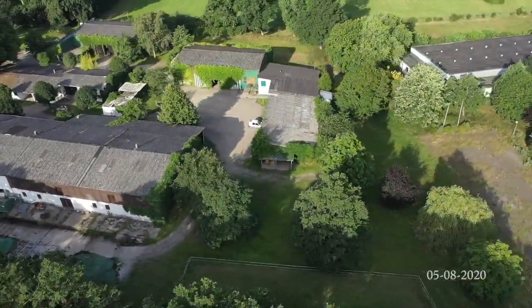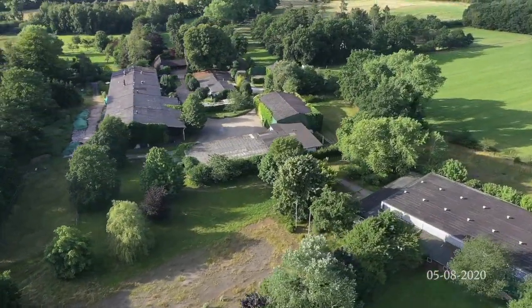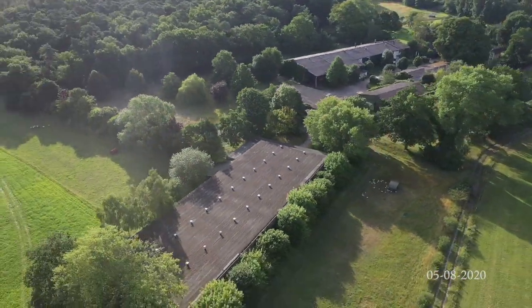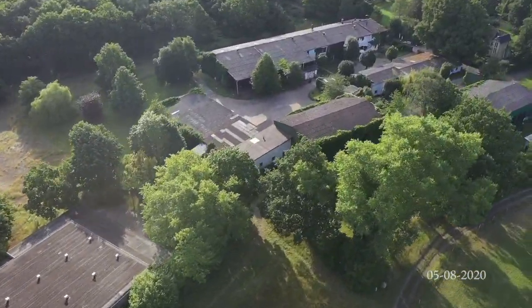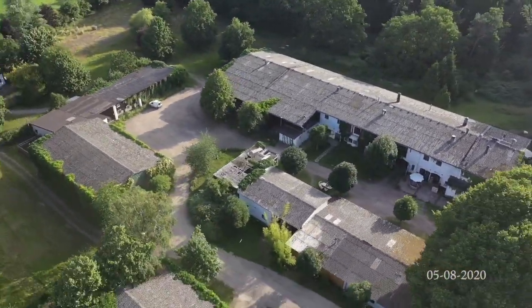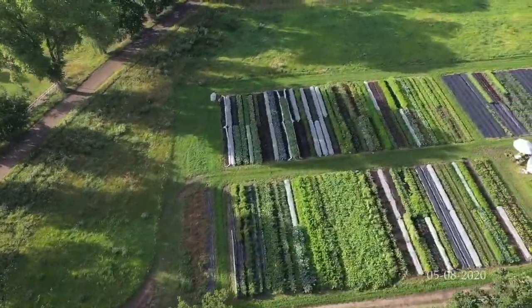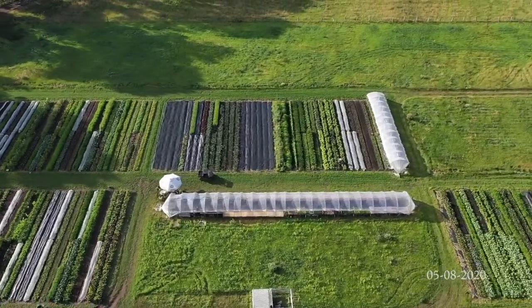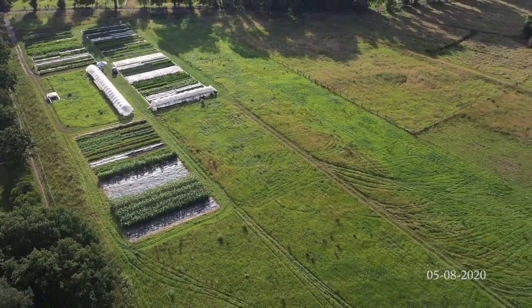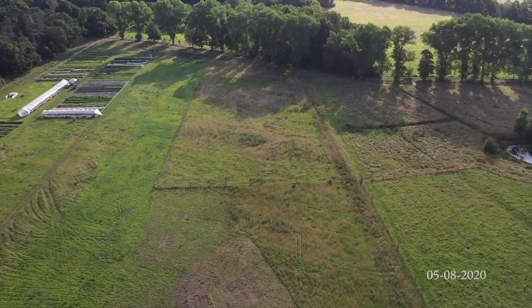Okay, let's start the flight over the farm with the building area. We have to the left the big main building, old cow stables. To the right the big riding hall, and then a small riding hall now in the center, and a couple of stable buildings which are mostly storage units at the moment. We have our little farm shop in the center and a big barn just below us before we turn now to the garden. Bio-intensive, no-dig compost mulch systems, experimenting with different mulches, but Alba will tell you more about that in the interview. We have our sheep and the mobile grass mower to the left, and fly now over to